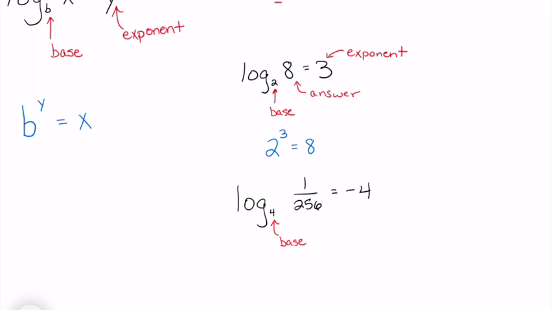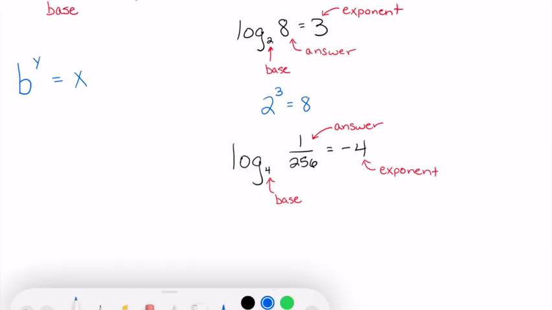A log is an exponent, so the exponent is what comes after the equal sign. And the answer is 1/256th. So how do I write this as an exponential equation? Base of 4, exponent of -4, and it equals the answer, which is 1/256. 4 to the power of -4 equals 1/256th. So those are the basics of how to convert a logarithmic equation